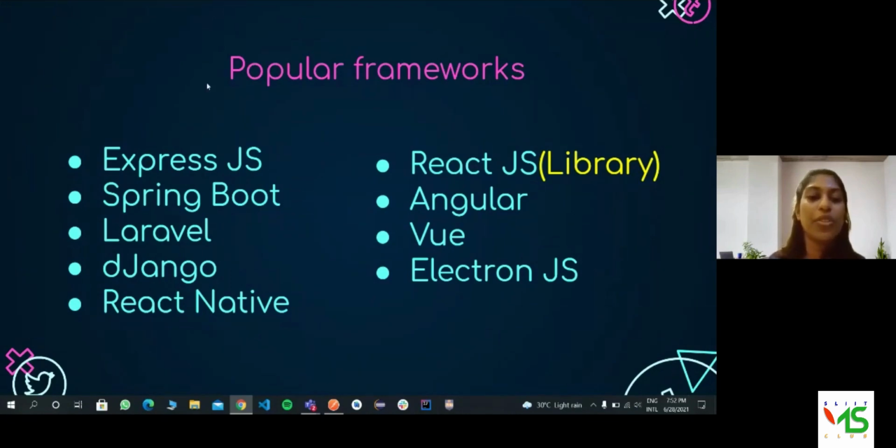So I recommend you all go for a framework like Express. And actually, although I mentioned React under the frameworks, it's actually not a framework, it's a library. Okay,